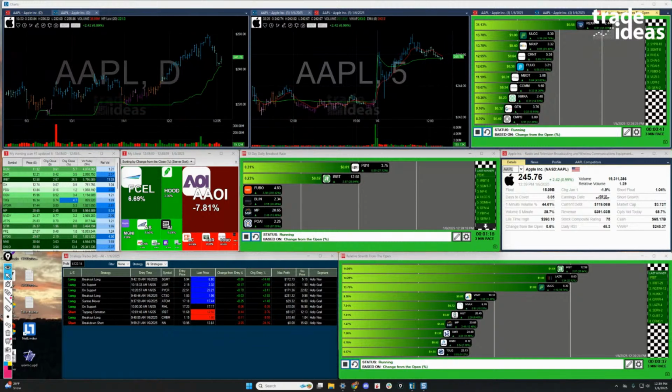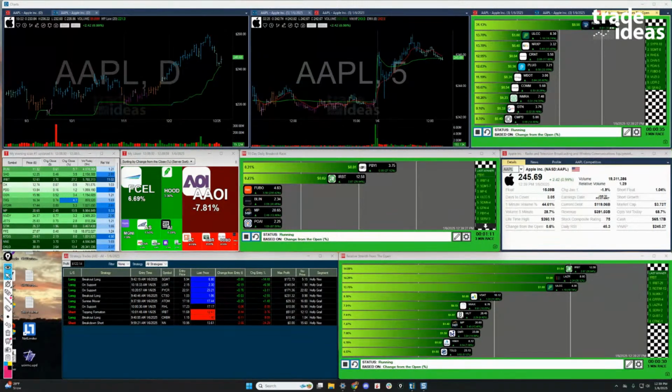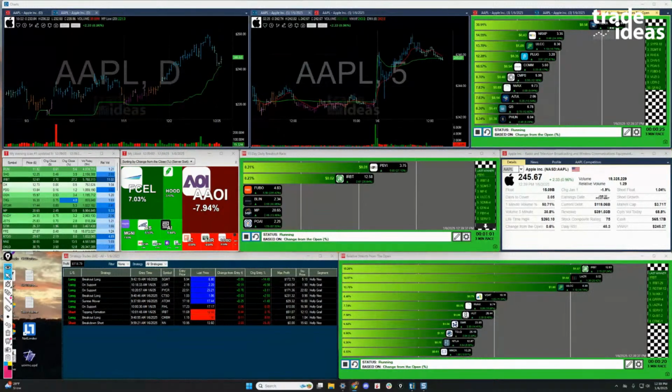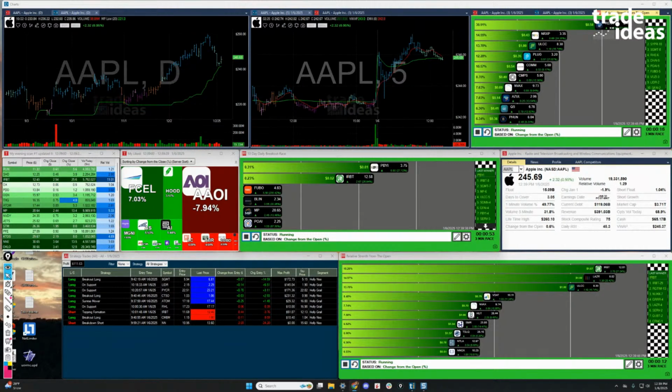Manish asks, for the float filter, is there a way to specify max float, say 20 million, that will also return stocks for which the float value is not present? Yes, there is. Actually, Manish, I think you and I have had some back and forths since last Friday, if I'm not mistaken. I do a lot of back and forths, a lot of emails. I'm answering thousands of emails a month. So forgive me if I'm mixing you up with someone else, but